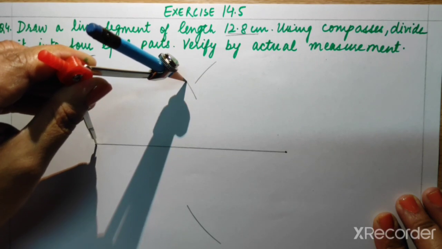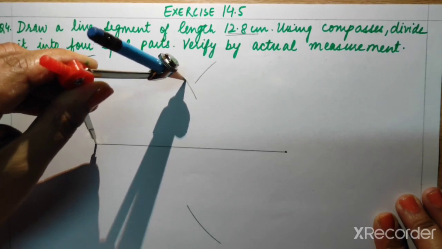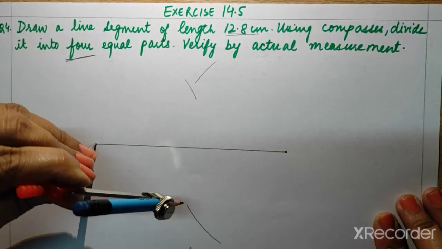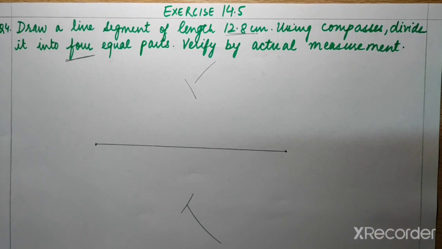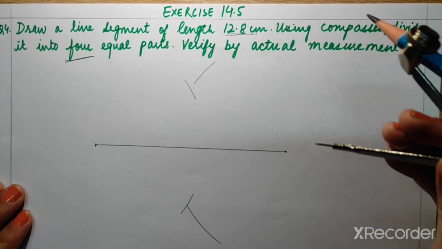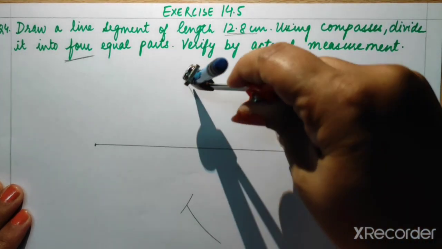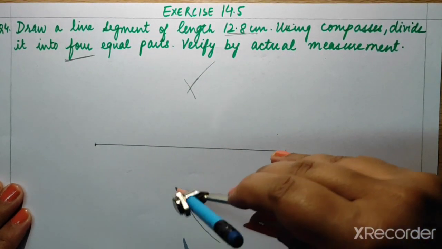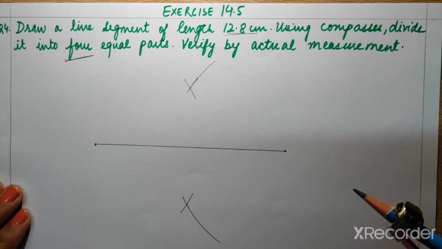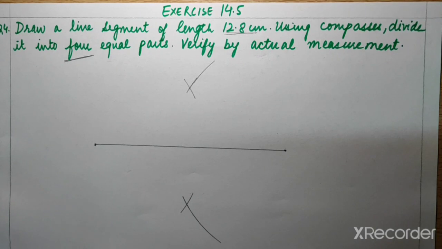Sometimes, students, our arcs do not meet each other. In this case, what we need to do, I will tell you. Here also it's just touching. So what can we do in this case? We can extend the other arc, right? From this point, this was the arc, so I can extend it like this. So the main thing you need to take care is what? Your length of the compass should not change while drawing the arcs.